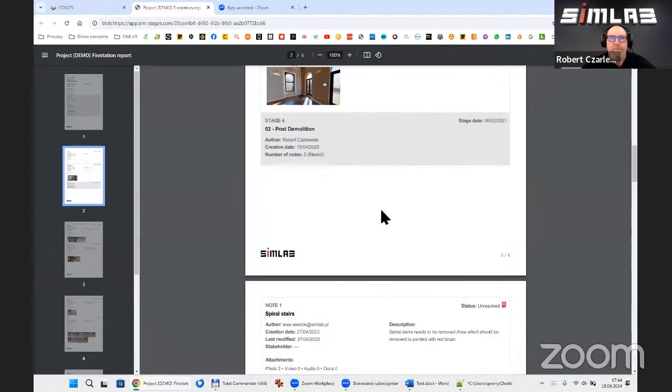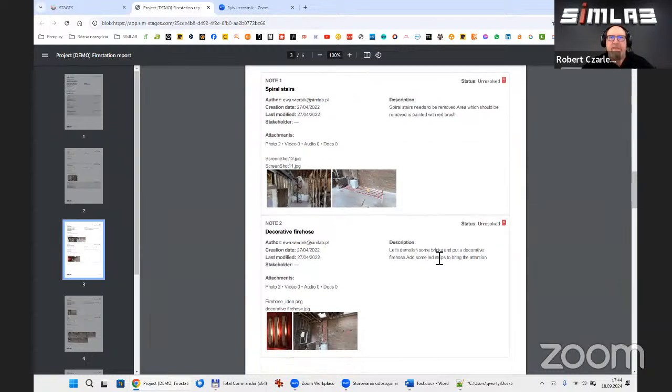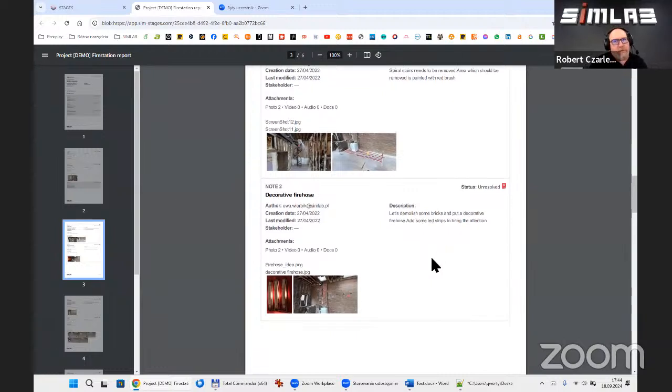And you can browse this report. As you can see, the notes equipped with pictures, those pictures are also placed in the report. There is a description, status, and so on. So this is an additional tool for documentation of the process of the project progress.